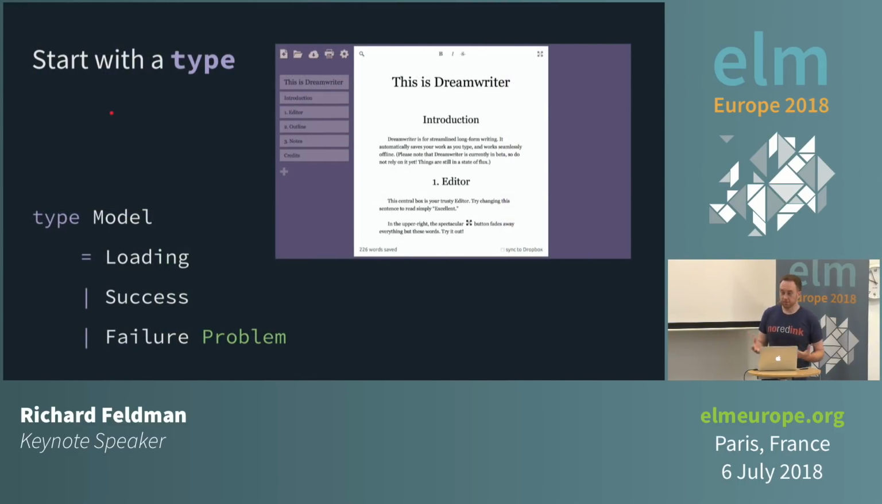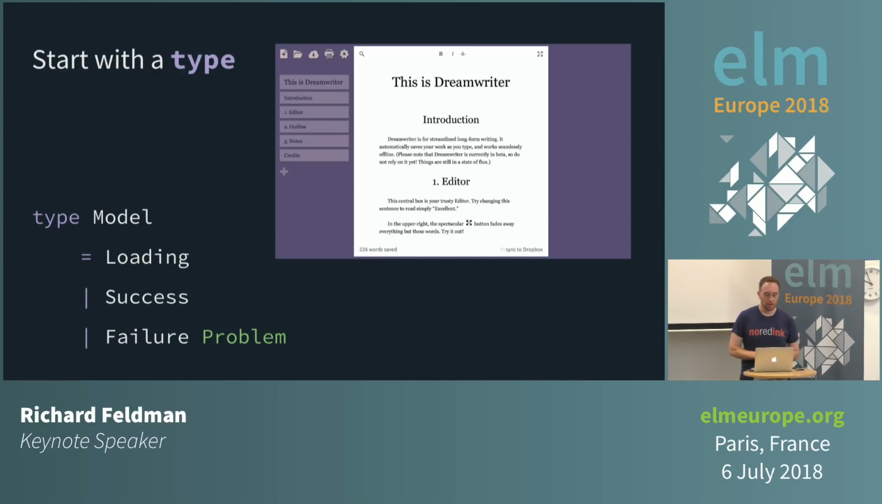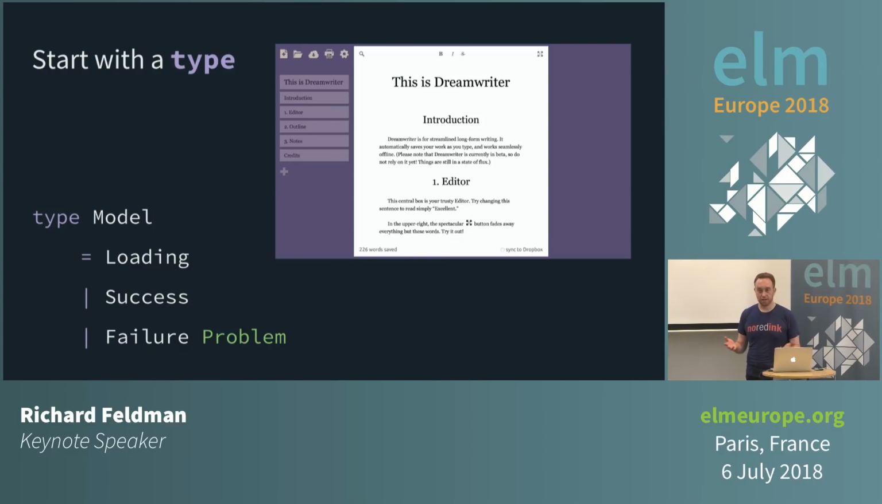Okay, so first thing I like to do is start with a type, and I really mean the type keyword here, like a union type. So I'm just going to say type model, and then I'm going to represent the three different states that the model can be in, as far as I can see them. So right when I load the application, I know the first thing I'm going to do is go to IndexedDB, go to the server to try and sync, and I can essentially be in three different states. Either I am loading, in which case I haven't heard back from IndexedDB or from the server yet,